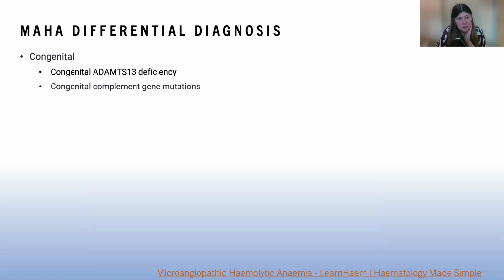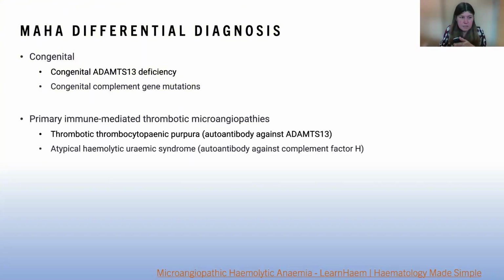When you see it, there are certain things that you would start thinking about. And obviously in this scenario, you need to know more about the patient's clinical history to point you in the right direction. So very rarely we see some congenital disorders that can present like this. So an inherited deficiency of ADAMTS13, which is the enzyme that causes TTP, could cause this, or some inherited complement gene variants. Obviously these conditions are extremely rare. Most of the time it is an acquired problem and it's an immune problem. And we would think then about autoimmunity with TTP or atypical hemolytic uremic syndrome, which is an autoantibody against part